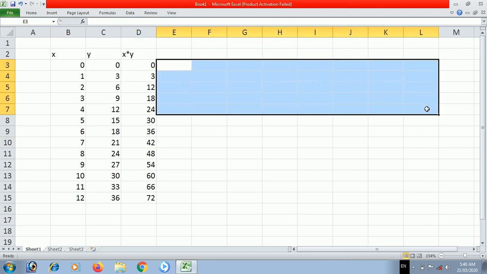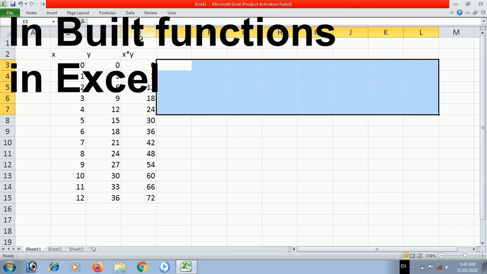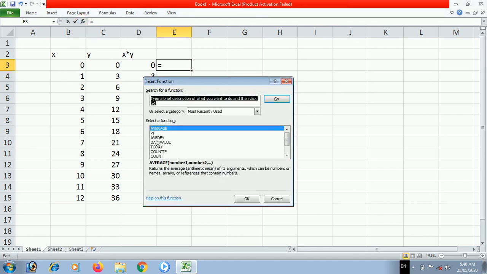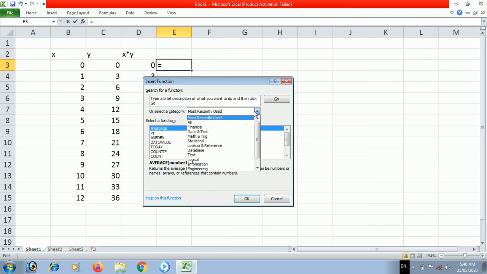Now we will see the statistical functions, or inbuilt functions, available. If I click here and go to this function menu, here you can search in this bar for the functions which you want, or you can click this drop down list, and a list of functions is there.